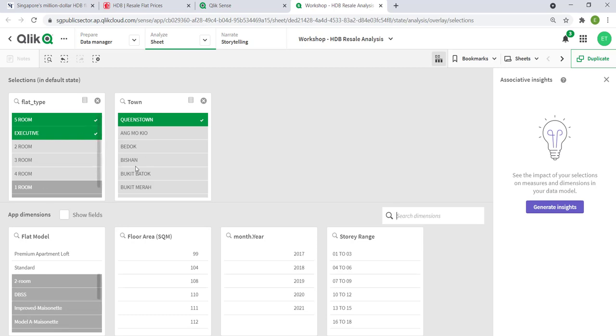And if you look at the shades of gray, there are actually two shades of gray. Light gray shows that for Queenstown, actually 2-room, 3-room, and 4-room. The dark gray shows that for Queenstown, there are no 1-room and multi-generation. And if you look at the flat model, you can see that DPSS is not available based on the selection that we have made. So by just selecting what I want, I'm able to see all the possible transactions and also the not available